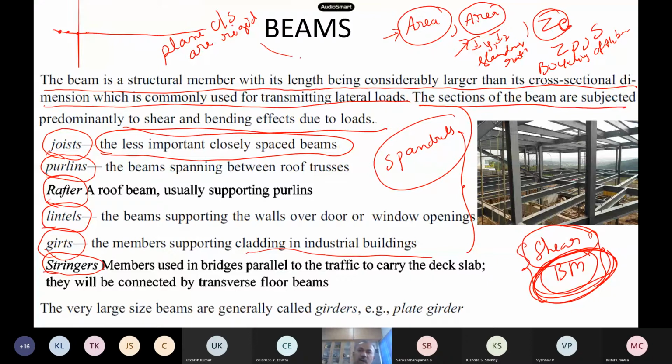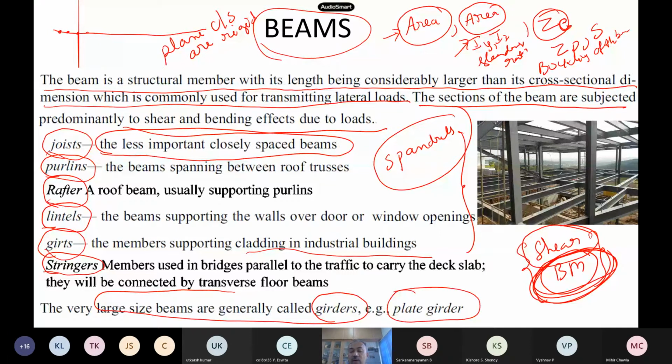So you have to assume all of them as ordinary beams. And here, the most important thing is that when you have very large beams, we call them girders, the plate girder. So this comes into the picture. The design of a plate girder is different, so we will handle it as a separate unit after these beams. Girders are this, but all these things come under beam design only.